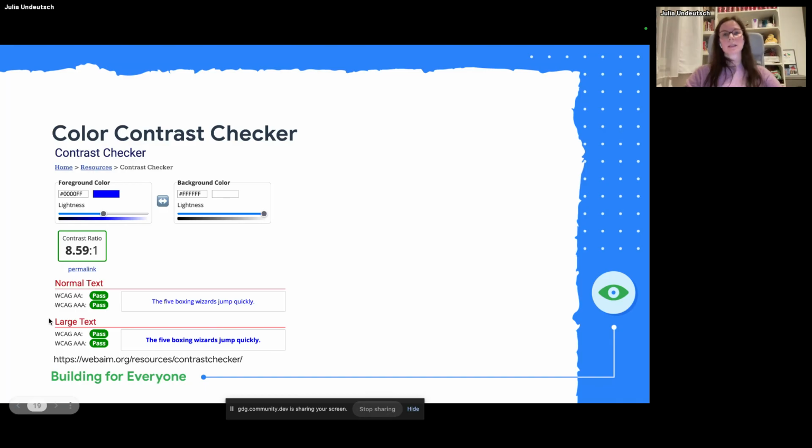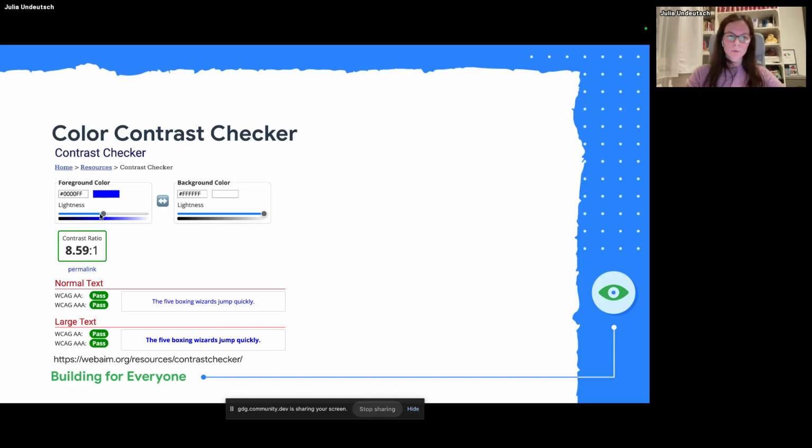And the meaning behind normal text and large text is that maybe when you use a certain color combination, it doesn't pass for normal text, but normal text is more like the body text, and we also have headings. So it can be possible that when you use this color combination as a heading, then it will work and pass the WCAG. And the rule for this is that the text has to be at least 18.66 pixels and bold, or at least 24 pixels to fulfill the large text requirements.